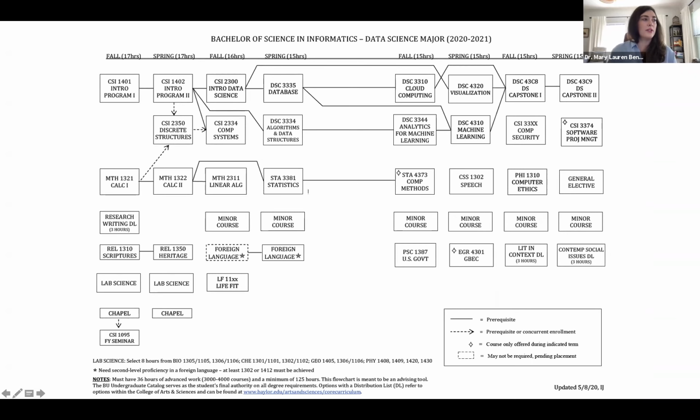The second row is where you can see our math and statistics play a large role in this degree, as well as some courses about ethics. And then there's space at the bottom for the required minor courses. And that's where we bring in that third part of the Venn diagram, which is subject matter expertise. So depending on what you're interested in or how you want to tailor this data science major, the minor there can contribute to that third part of the Venn diagram.